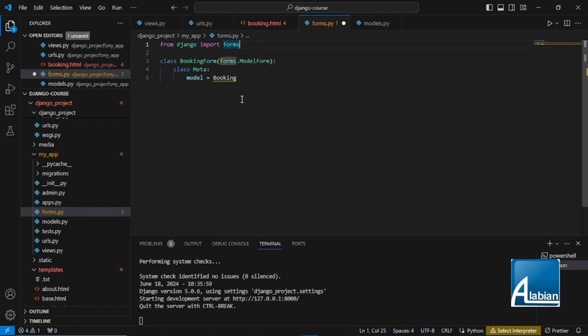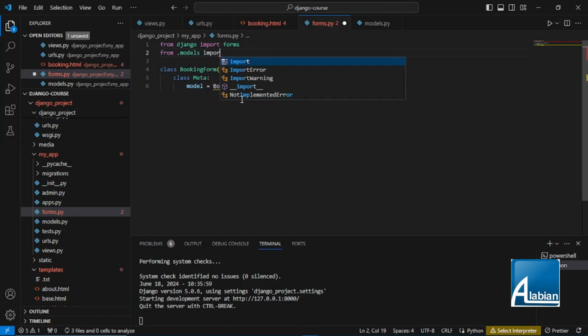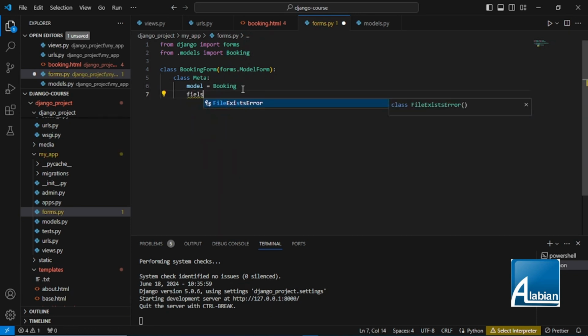And for us to be able to view it here, I'm going to do what's important. I'm going to say from dot models import Booking. So now I have that, and I'm going to be selecting the fields I want to be able to view on that particular form. So here I want to view all the